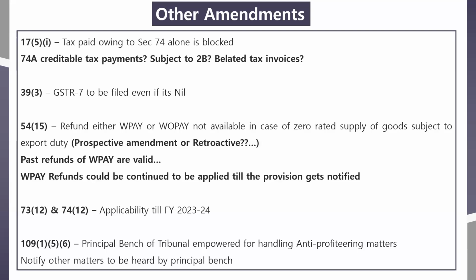And again, it is beyond the scope and ambit of the recipient to prove and establish whether the supplier has intentionally paid or not intentionally paid. I am not a party to that proceeding, so how can I establish those things? So all these practical difficulties appear to have been considered, and they have effectively relaxed that provision in 17.5I. So they're happy with interest and penalty.